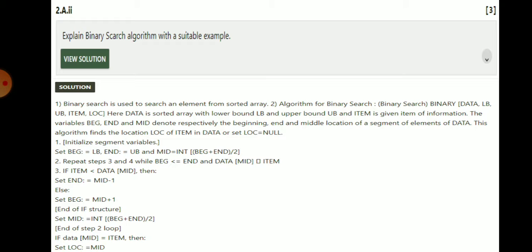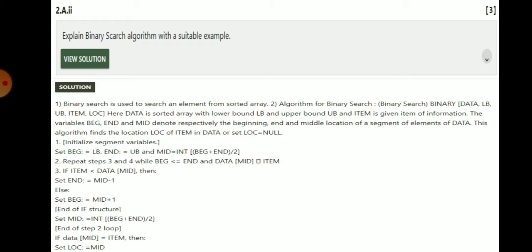Binary search (DATA, LB, UB, ITEM, LOC). Here DATA is a sorted array with lower bound LB and upper bound UB, and ITEM is the given item of information. The variables BEG, END and MID denote respectively the beginning, end and middle location of a segment of elements of DATA.